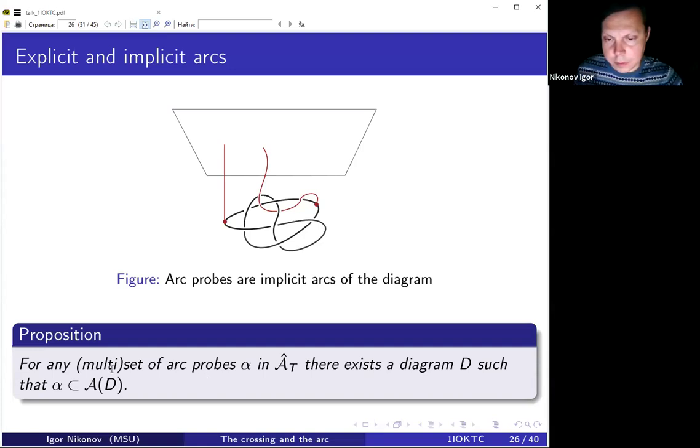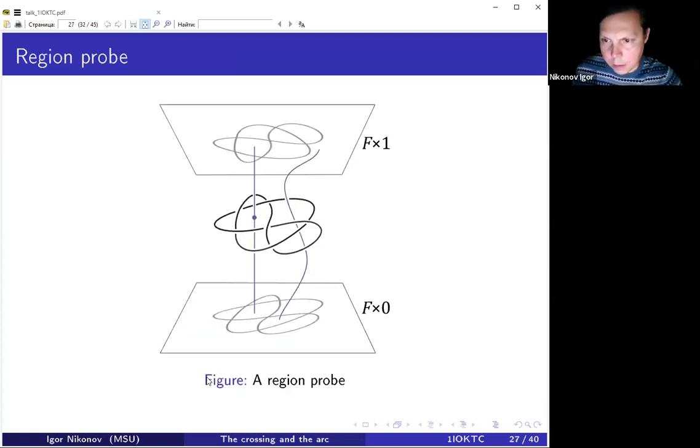And in fact, if we consider any set of arc probes, we can verticalize them in some diagram. So we can make them arcs of some diagram after applying some Reidemeister moves. And then we can do analogous things for regions,